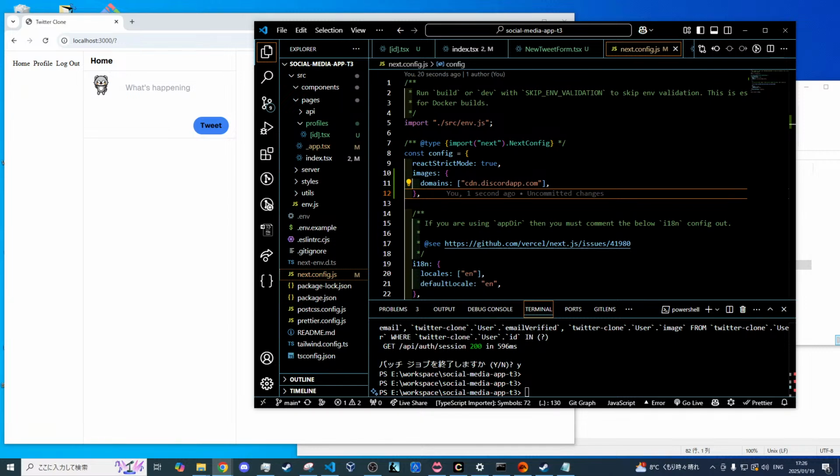Now, the next thing I want to work on is make it so that this input automatically sizes itself based on the content inside of it, because that's how Twitter works. So to do that, we first need to set our style here to a height of 0. That's just going to essentially remove all the height, which is what we want. And then we